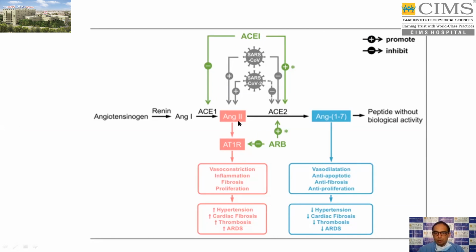Now, angiotensin 2 is actually converted into some other molecules by ACE2 enzyme. Now, this enzyme we have actually not read before, and this is the ACE2 enzyme. It's not the ACE1 enzyme, it's the ACE2 enzyme, which converts angiotensin 2 to some molecules which are actually useful in the body. They cause vasodilation, they are antifibrotic, they are anti-apoptotic, they are anti-proliferative, and they actually have a protective role.